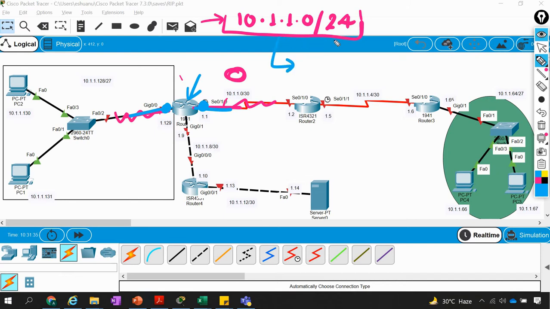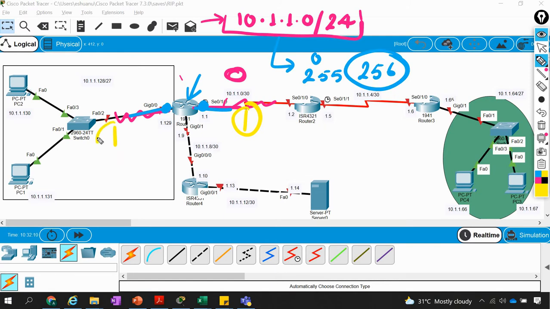In this pool, if you expand it from 0 to 255, you have 256 IPs in total, and they belong to only one network. If you do subnetting, then only will they go to different networks. So let me try to understand how many networks you require, right? Obviously, if the router needs different networks, then we have to use different networks on the router and then assign them.